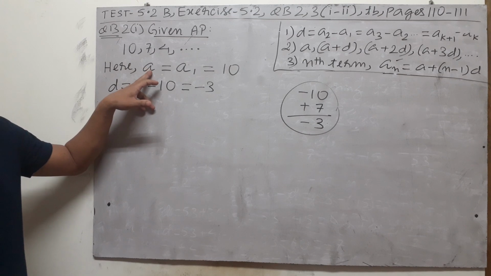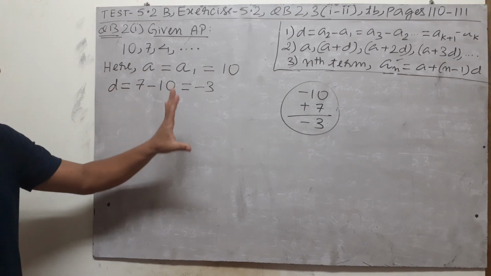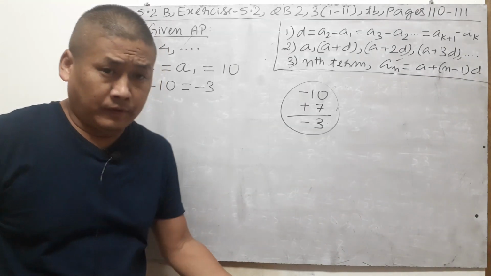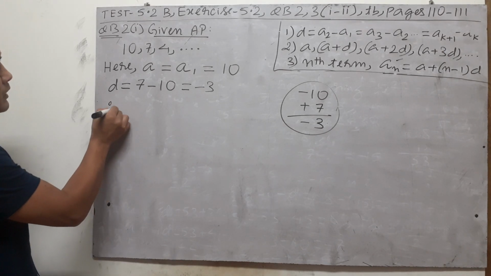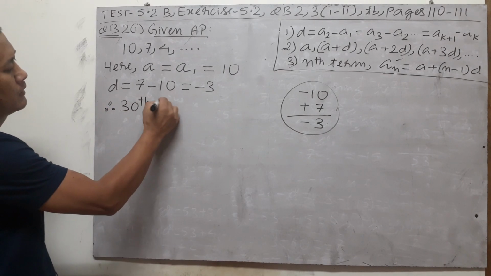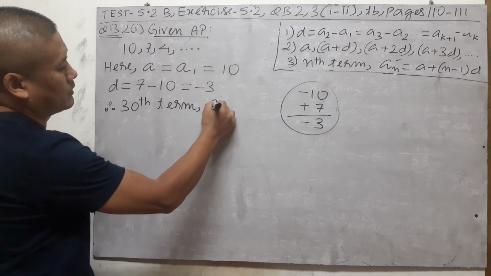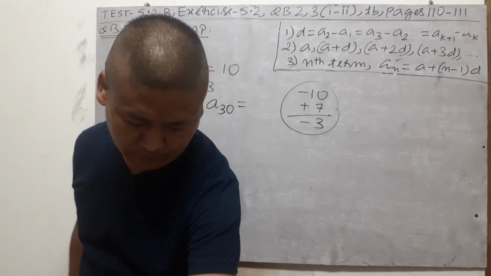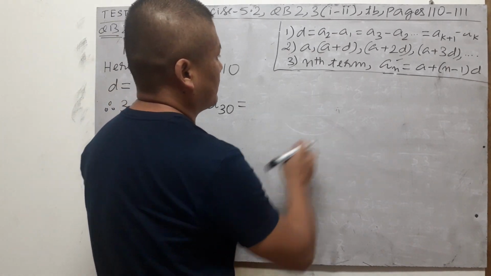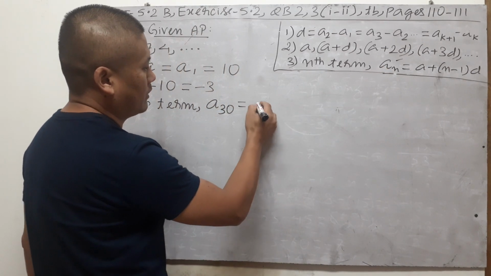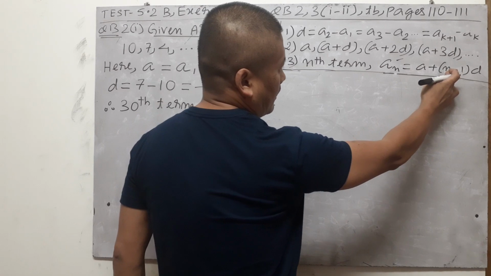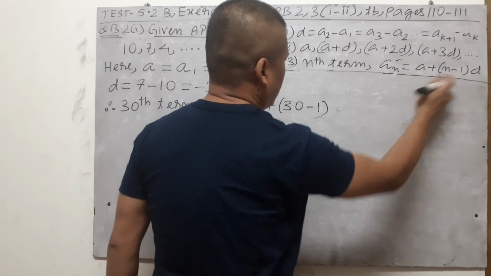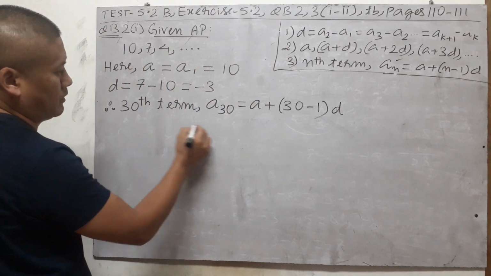So if we know the first term A and D, we can easily find out any term, 30th term or 20th term or 25th term for that matter. So now we can answer, therefore, the 30th term of the AP, which is given by A30, because they're saying 30th term. We're going to use the formula A plus N minus 1 into D. N is our 30. So you write 30 minus 1 into D. So that will be equal to,